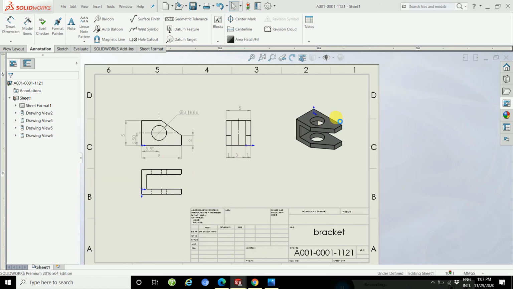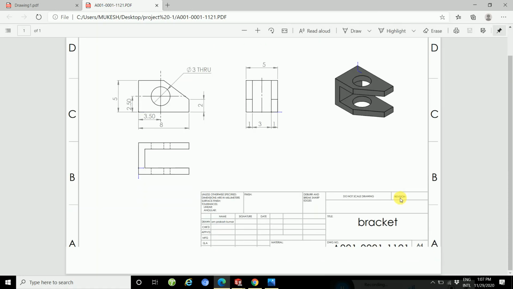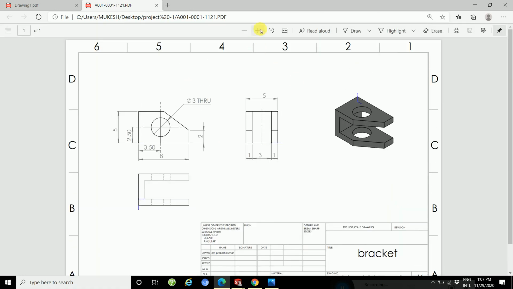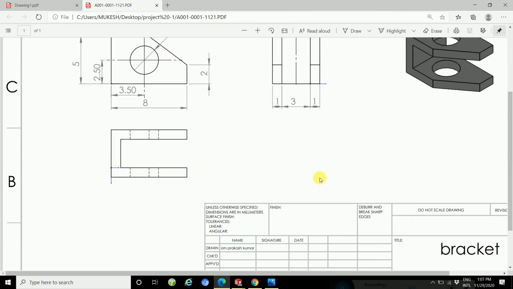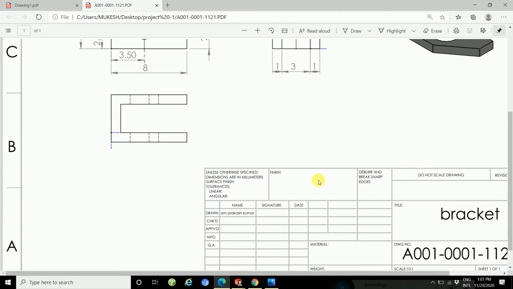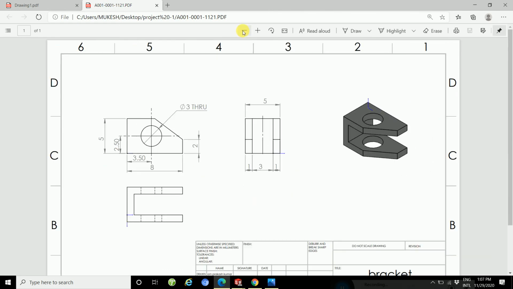Okay, this way your PDF will be created, and then you can easily print out this drawing for your purpose.